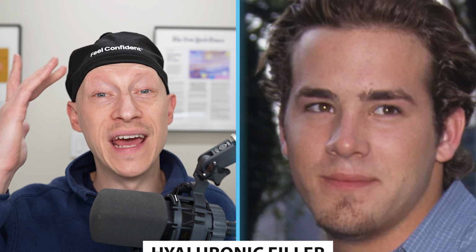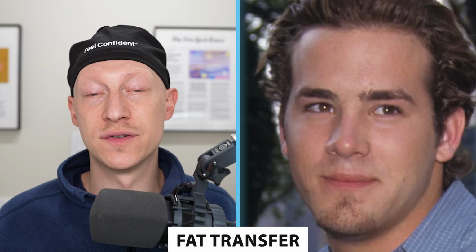There are people who get HA filler to smooth out that area. Also, some people get fat transfer to that zone to again create more of a smooth appearance. And then there are people who shave down the actual bone to make it look a bit smoother and more seamless with the lateral portion. Most of that is completely unnecessary, and the majority of people don't even notice that they have that bony prominence